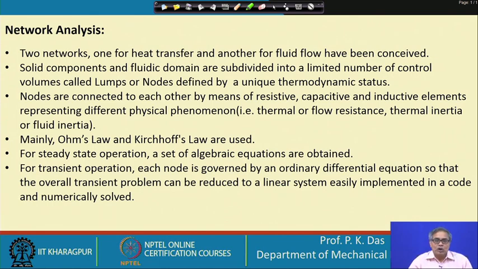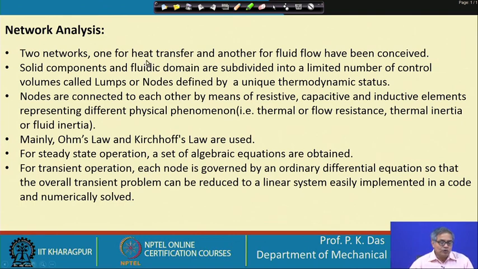So, one can take them as some sort of separate entity, and then we can see that there could be different nodes or lumps or lumped elements. And if one wants to do a better analysis, then each of the components, or each of the parts I have mentioned, that is evaporator or condenser, they can be subdivided. So, this is how we get different nodes or lumps.